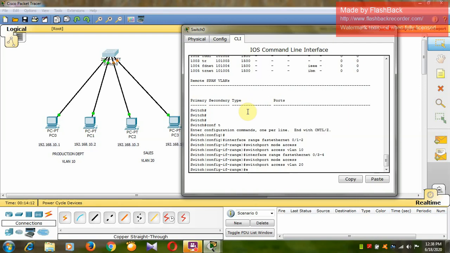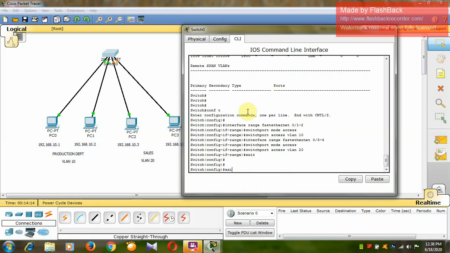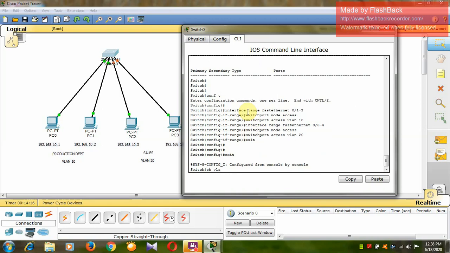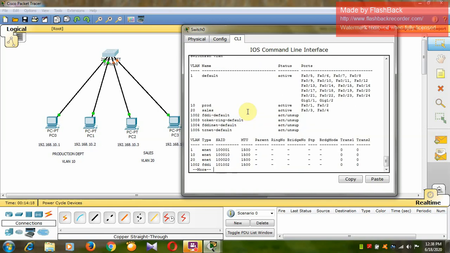Now you can check show vlan. You can see here, these two ports have come under this production VLAN and these two ports have come under the sales department.